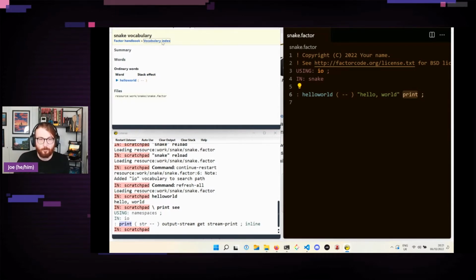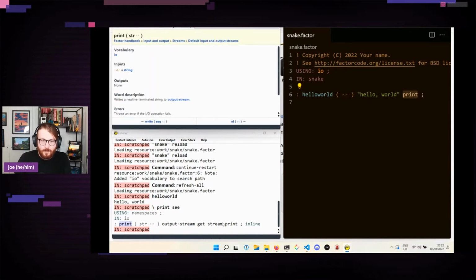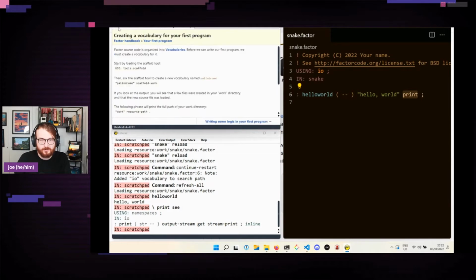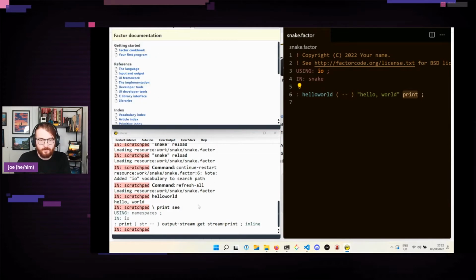But you can already see, for example, that there's documentation for our vocabulary that we've got right here. And it's picked up that there's a word in it. It's picked up the stack effect. So it's already starting to generate docs for us. But then when I've looked at the examples for other files, they have a docs file in there that appears to be using, I guess, some Factor syntax for documentation that I haven't actually looked into yet. So it's very neat. We can just click things and see how they work. So I've had great fun just poking around the browser